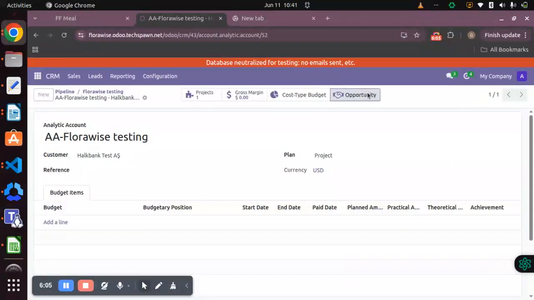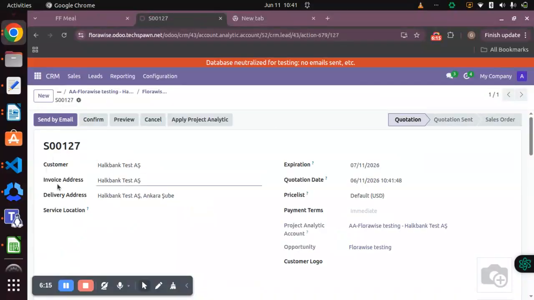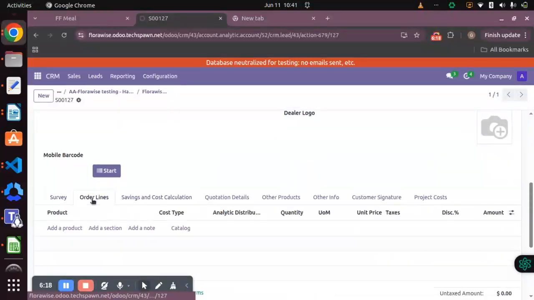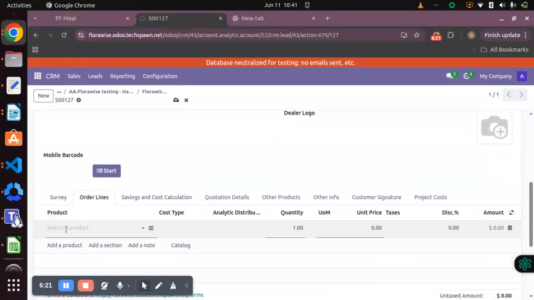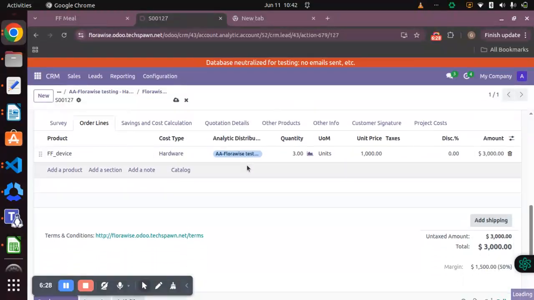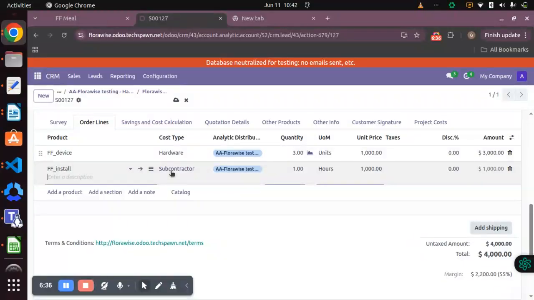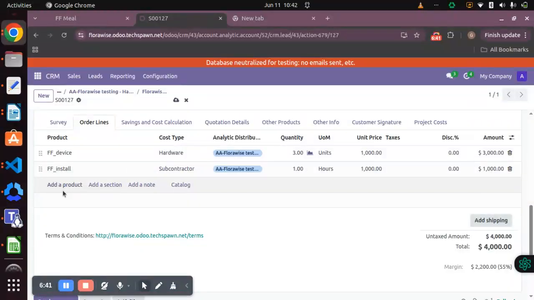Now we will go to the opportunity. From here, we will create the quotation. In the order line, we will first add the hardware type product. Then I will select the FF install subcontract type product. And third,